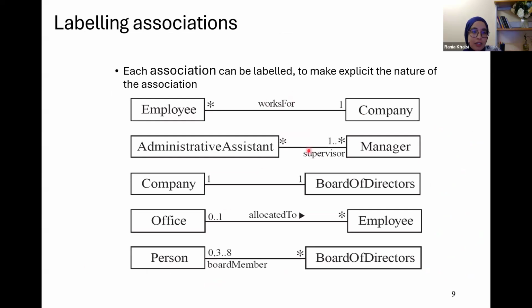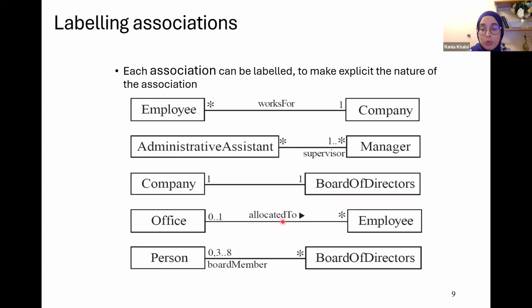Now what we have here is clarifying the relationship, and it is possible to label your associations with verbs. Mainly, like I mentioned, it's specified in the description. So for better understanding, your association link can be labeled, and the label is the verb or relationship, like you mentioned between, for example, employee and company. You can use the title, probably "works for" in this case,